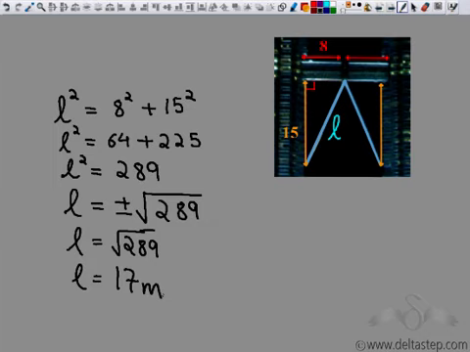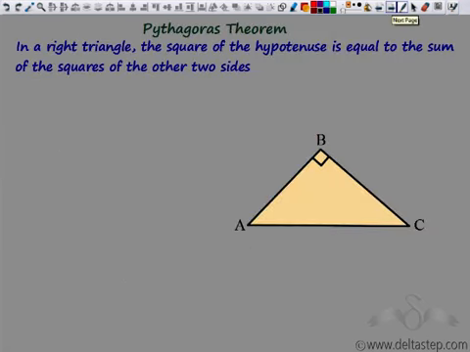Now Pythagoras theorem is unique in such a way that it has been proved over the years in many different ways. In fact, there is a book called Pythagorean Proposition that contains almost 367 different proofs. So now let us try to prove this theorem using whatever we have studied so far. So let us try to prove the Pythagoras theorem, which says that in a right triangle, the square of the hypotenuse, here AC, would be equal to the sum of squares of the other two sides, which is AB square plus BC square.